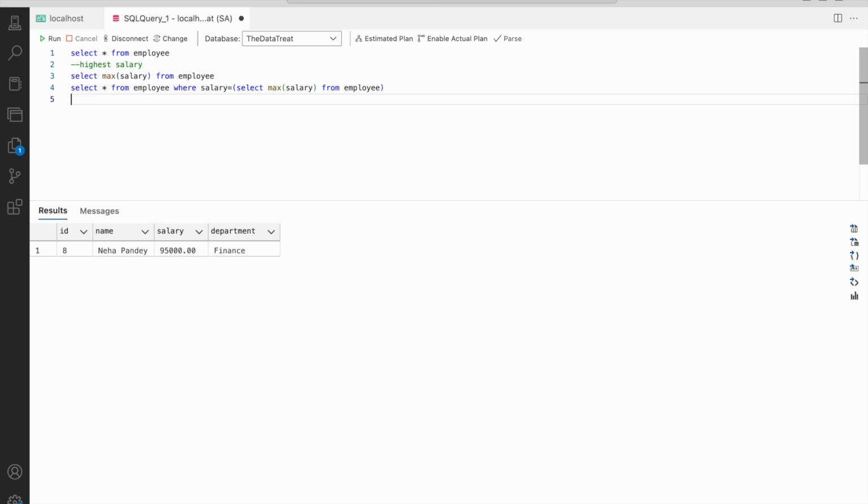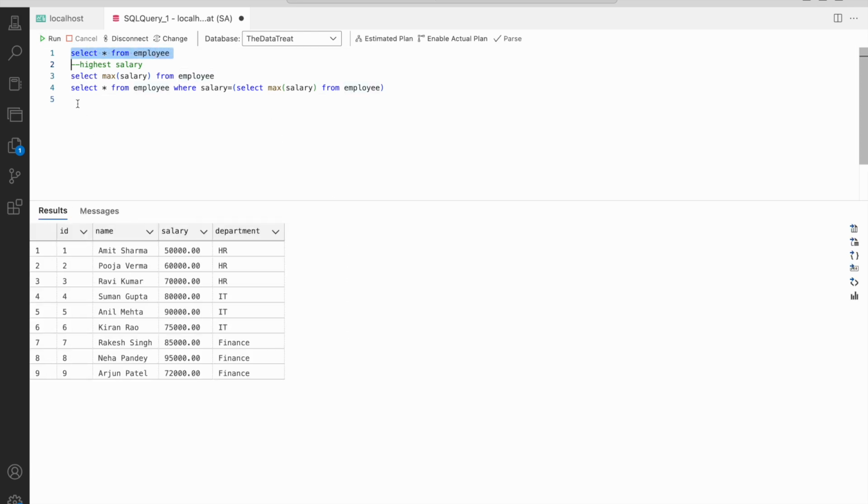Similarly, let's say this is the highest salary. Now I want to find the second highest salary, third highest salary from this table. So how do I go about that? Let's say second highest salary.